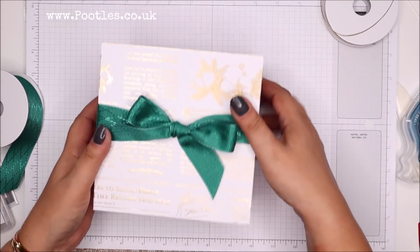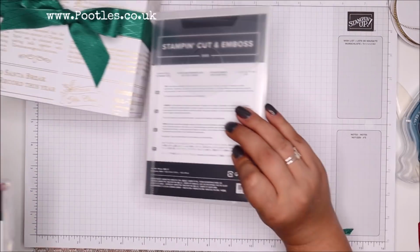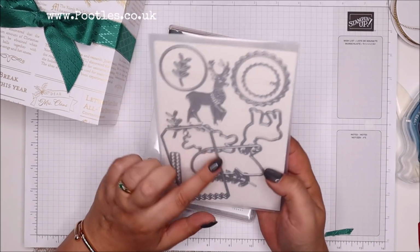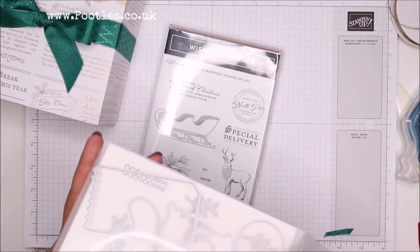Okay, so that's the box done and ribboned. So I want to do just a little bit of stamping, but then a big chunk of die cutting. So this is called Wishes and Wonder, and the die set is called North Pole Wonder, and it has a great big tag that comes with it. So let's use that great big tag,